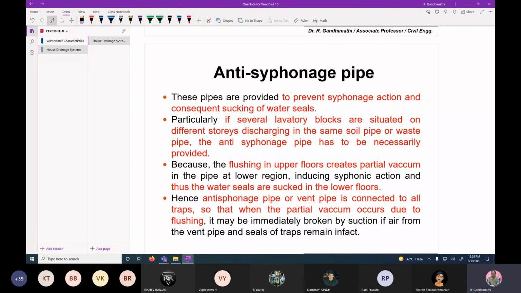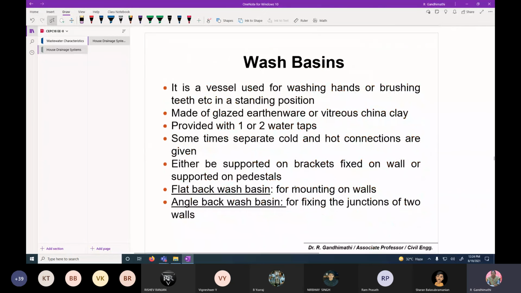necessarily provided. Because the flushing in upper floors creates partial vacuum in the pipe at the lower region, inducing siphonic action. If the siphonic action is there, then it is very difficult to maintain the water seal. Therefore, in order to maintain the water seal in the lower floors, we have to connect the soil pipe or waste pipe to the anti-siphonage pipe. And then wash basins,